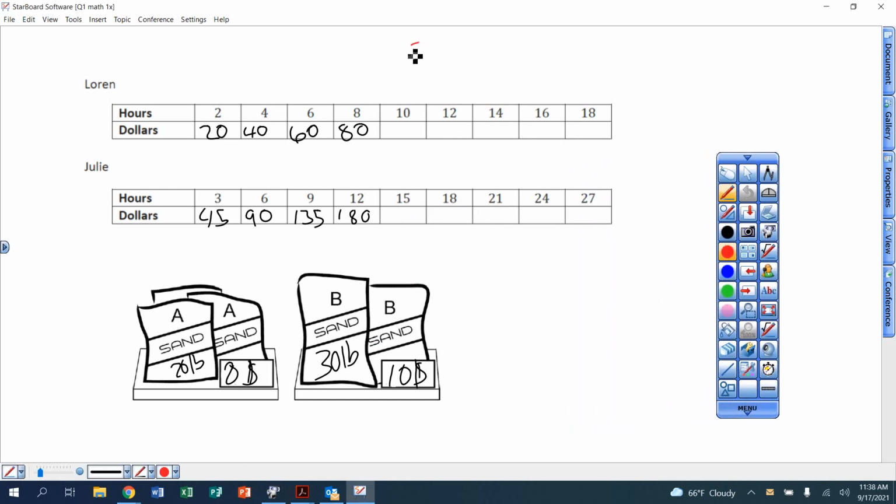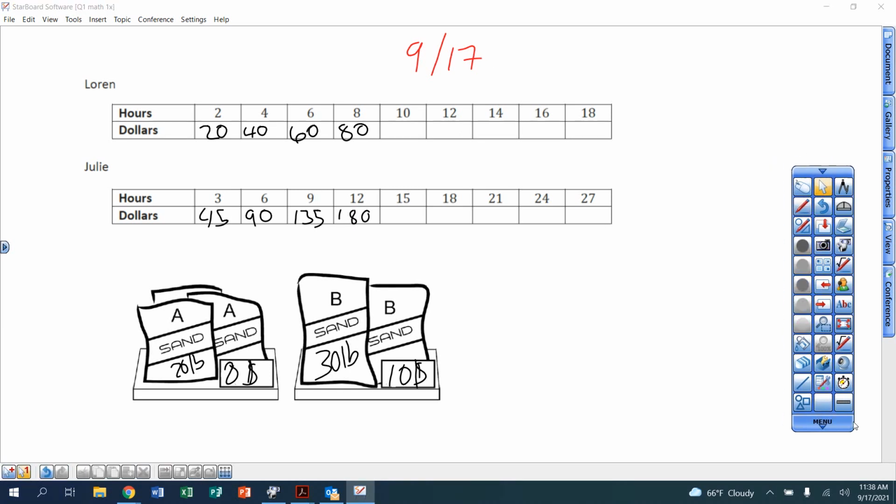Okay, for homework 917 for Math 1 readiness, I'd like you to copy all this work best you can and then write down the 3 words to show me that you listened. So here you go. For this, getting you ready for that test coming up October 1st, you need to use